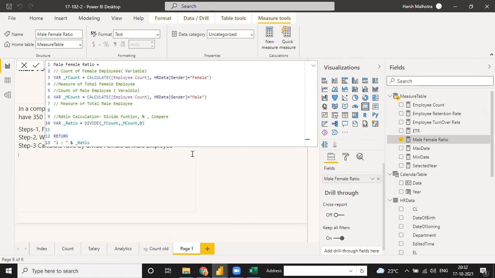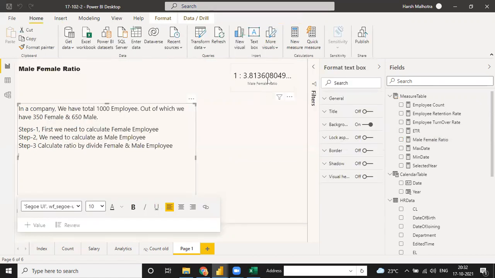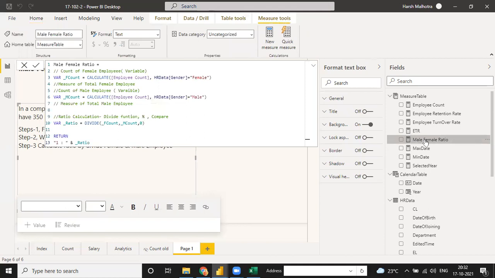Or you can do one more thing. Suppose this decimal digit in this one, so you can go to this, and for this there is no option of formatting. Okay, so that is the reason that we should use our formatting, because right now it's not getting any option in this, because otherwise we have to change our decimal from here also. But this function is not providing it, because we have calculated all the measure.